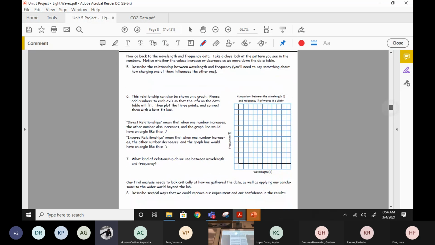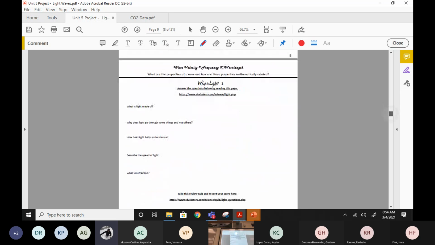And then we did this little graph comparing wavelength and frequency. And if the inverse relationship is true, your graph should basically look like that. Yeah? Does it drop down with a negative slope, showing that inverse relationship? Where am I at? I'm on page 8 now. So we've already done that.